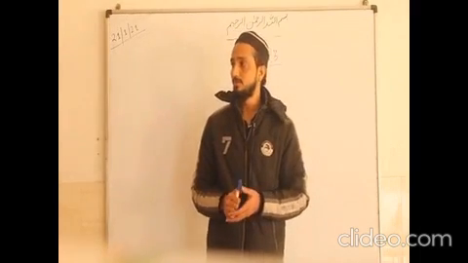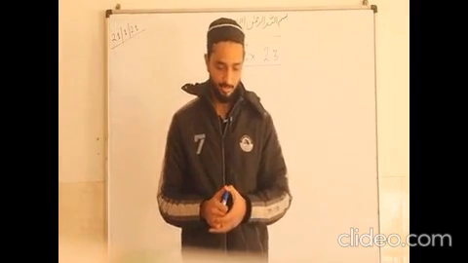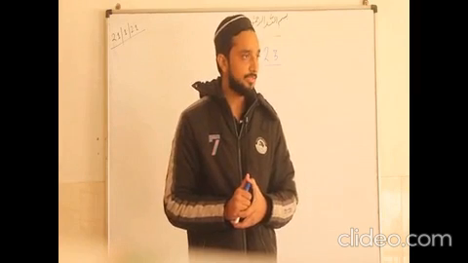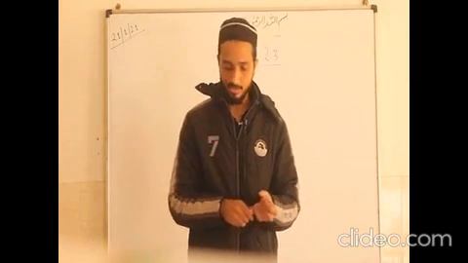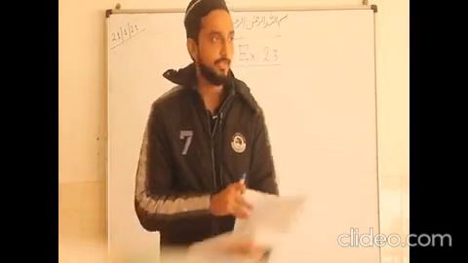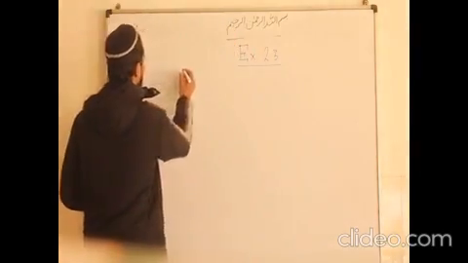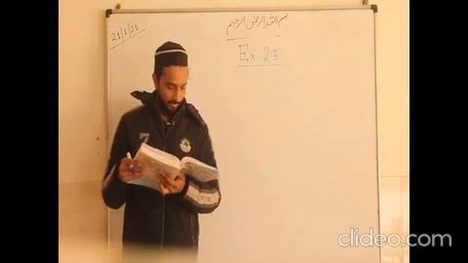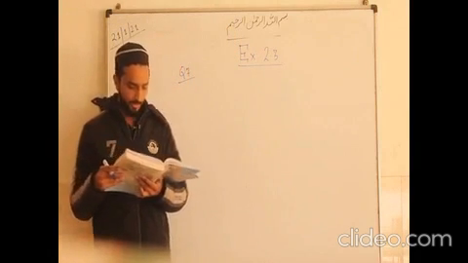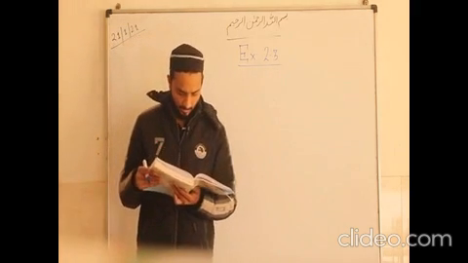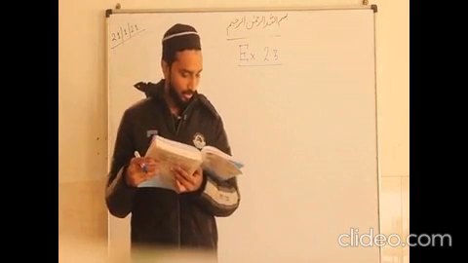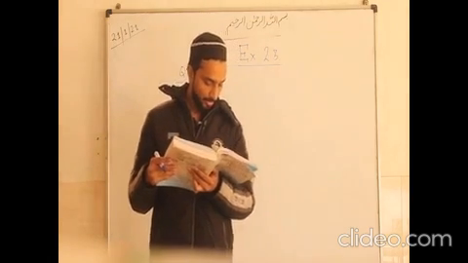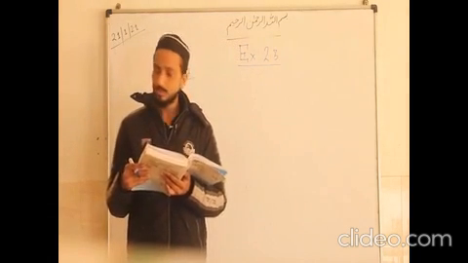So in the previous one we were discussing growth and depreciation. Exercise 2.3 we were doing, and I think till question number 6 we have done. So we will start from question number 7. The value of a property decreases every year at the rate of 5%. If its present value is rupees 41,15,040, what was its value 3 years ago?